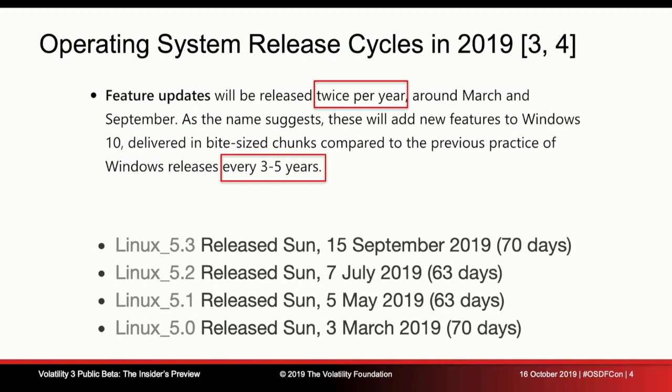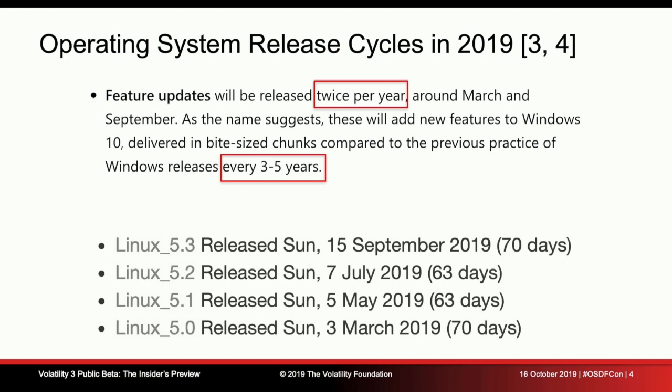And also, the environment around the world has changed. Operating systems, both of the major ones, have started moving towards a kind of rolling release towards security. Previously, you'd have maybe one operating system that would sit there for 3 to 5 years, and then you'd get another big release. Windows 10 has now gone to twice a year, changing out big feature releases, the Fall Creators Edition and various bits and pieces like that. And with those can come kernel changes, and with kernel changes can come differences in how you analyze the memory, and that becomes very difficult for something like Volatility 2 to be able to handle.